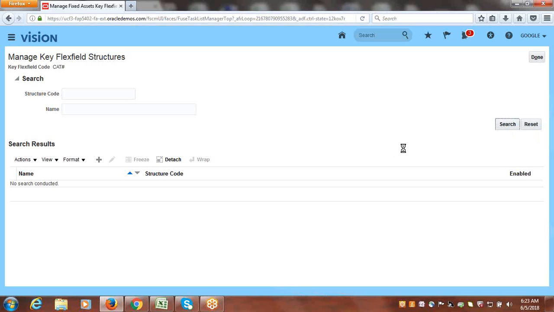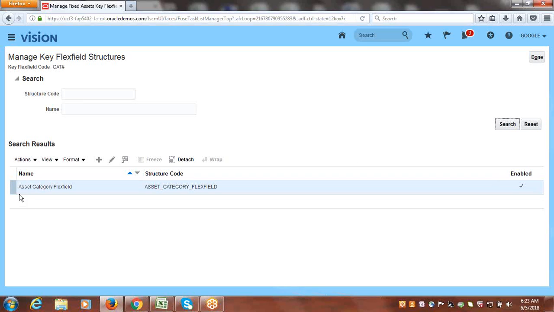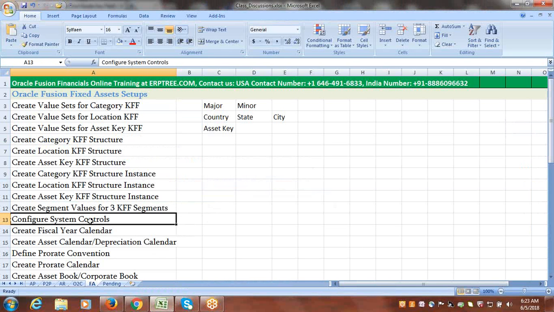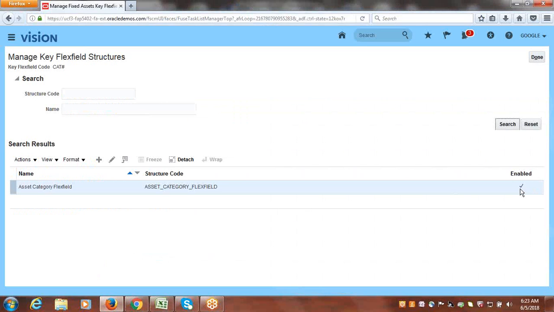Search and define. So Oracle already created the asset category flex field, and this is selected as a part of the system control setup also. Now if you disable it, then only the system will allow you to create one more. Finally, you can have only one enabled structure to use for the fixed assets application. But if you try to create a new one,